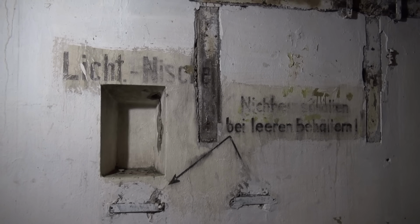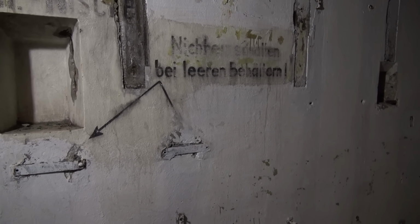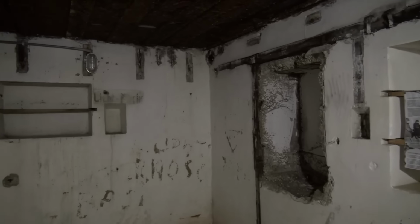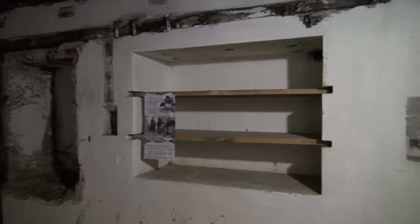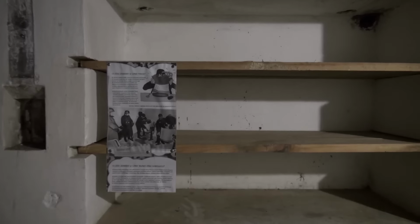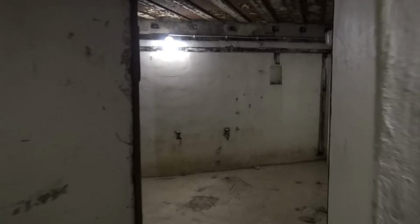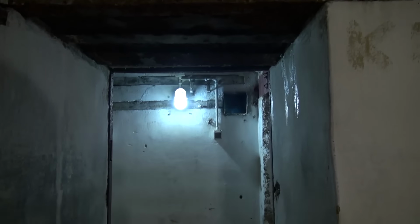Another one of those. Look at this. Again for light. But this is just so different. In the Regelbauten, you never see shelving like this. Or cut out like this. That's interesting. Steel door that's been removed, which is what I'm imagining the fate of the dome is. A lot of wooden dowels. Some straps I don't see for the beds,